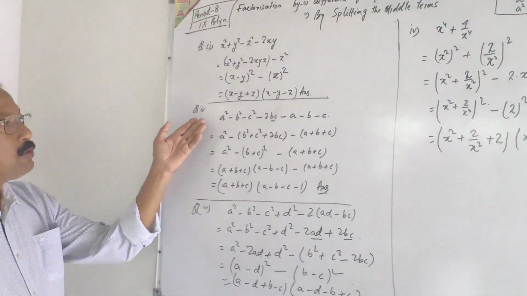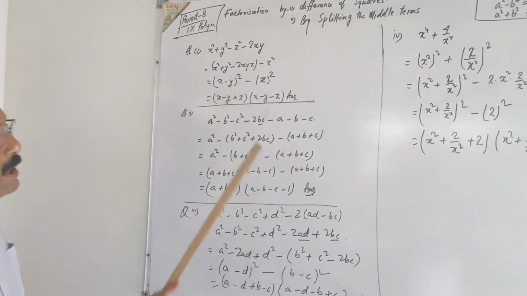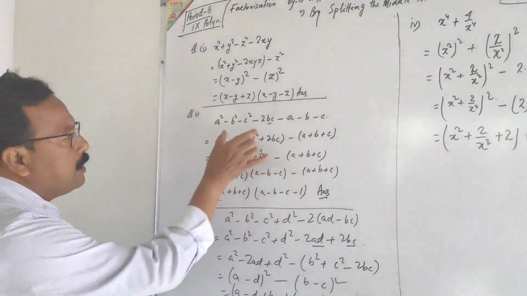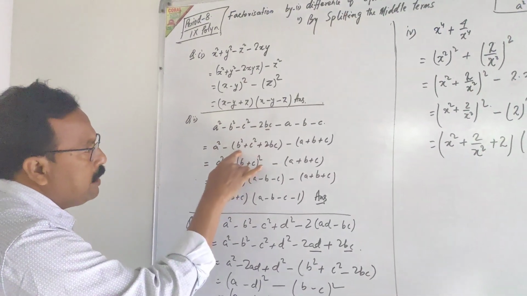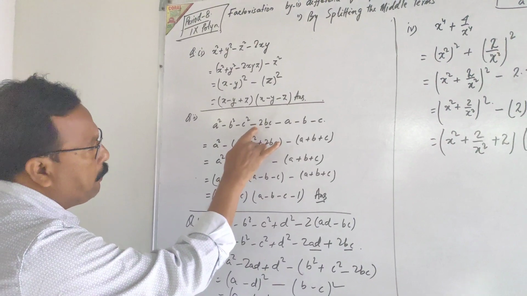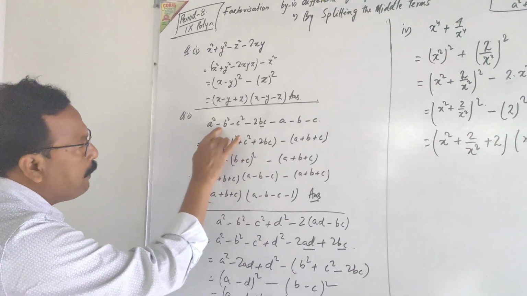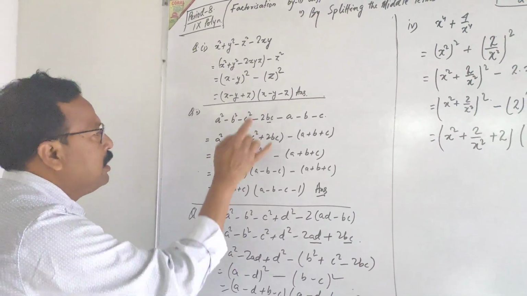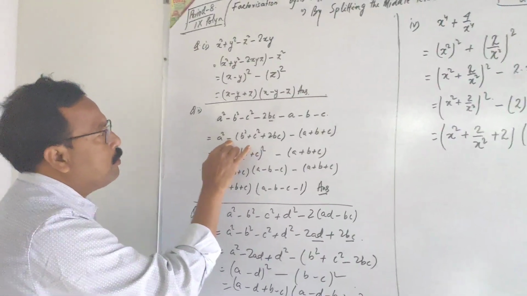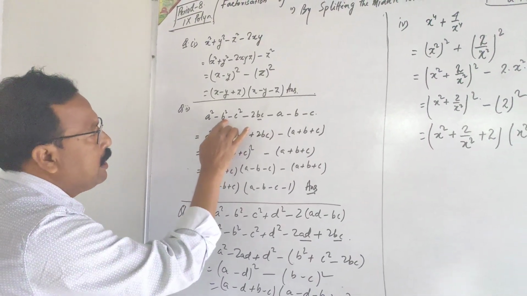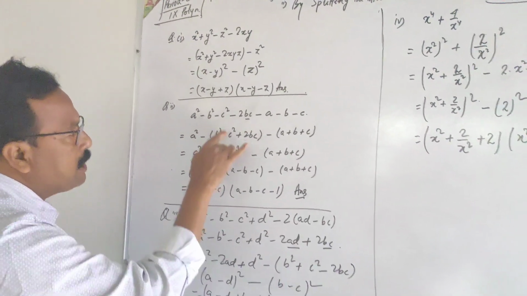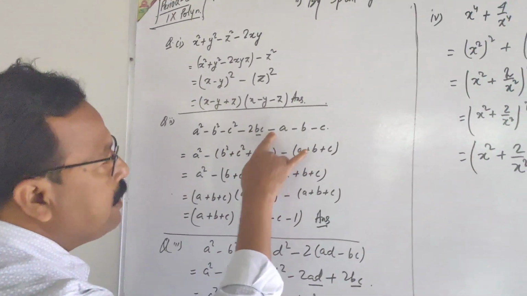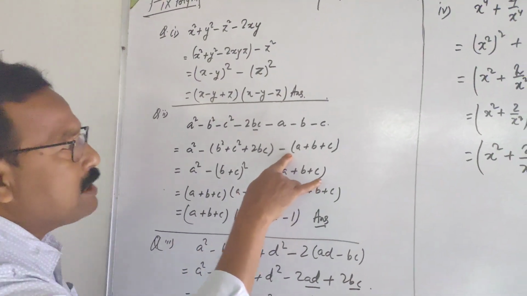In a similar way, the next question is this. Here bc has been given. This indicates that we should pair up the bc terms: b square plus c square plus twice of bc. We have taken these terms as negative, so to make them positive we have taken minus as common. A square is here, minus is common. This becomes positive b square, this becomes positive c square, and this is positive twice of bc, and minus has been taken as common here.